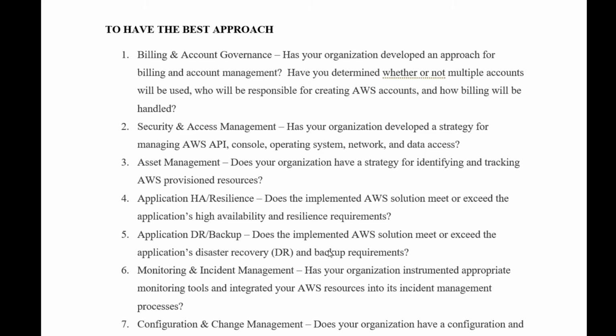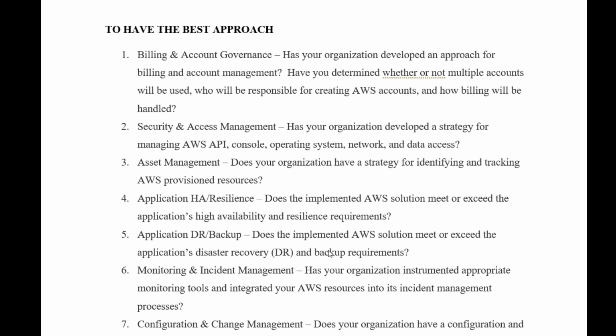AWS itself has features to enable high availability, such as multi-availability zone deployments, auto scaling mechanisms, and failover mechanisms. So you should be aware of whether these things are enabled or not. If not, you have to address those and implement them in a proper way.